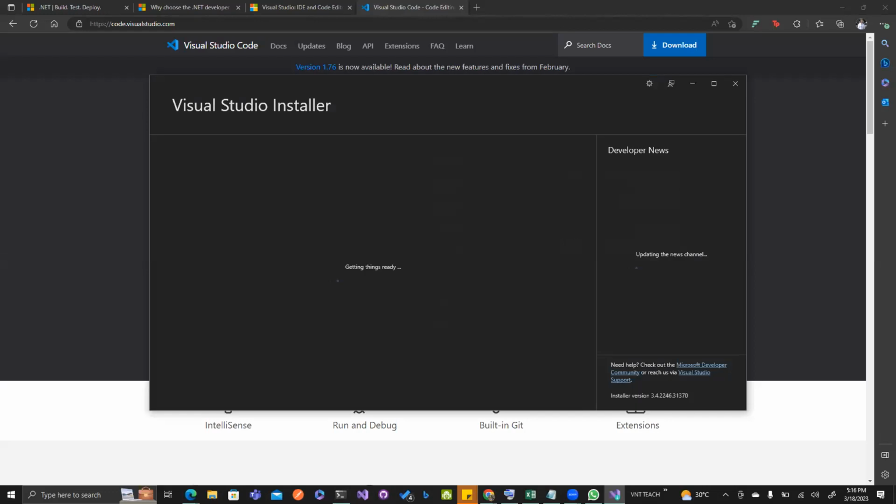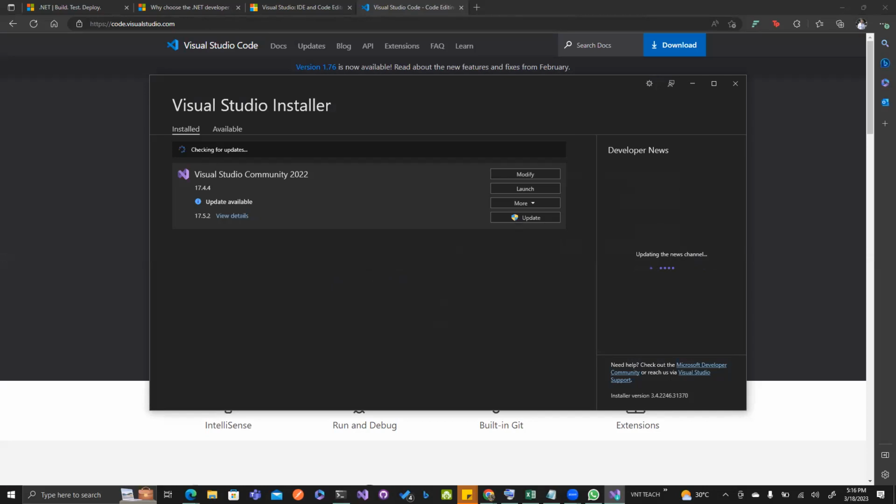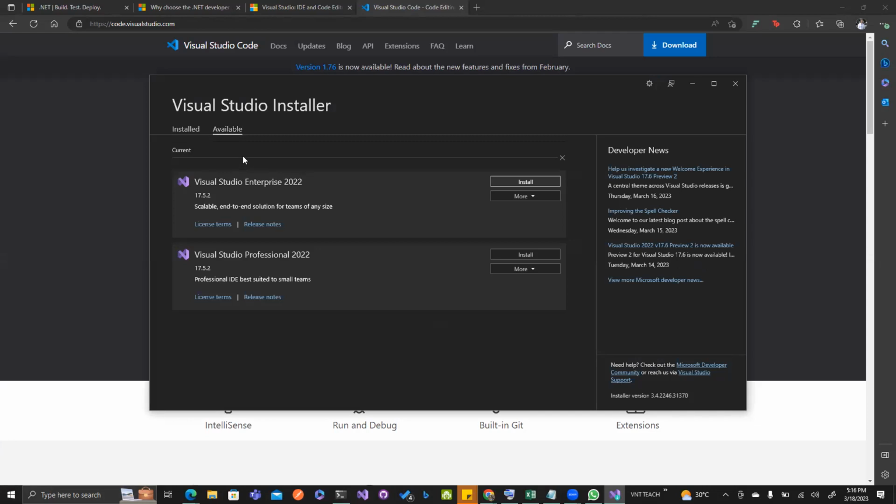When you get Visual Studio Code on your PC, you just follow the prompts and then you have it installed. Not so difficult. But Visual Studio comes with an installer. So the difference between both is that one is Visual Studio Code, the other is just Visual Studio, so don't get confused when I keep switching between both names, right? Like I said, it comes with an installer, and right now I already installed the Community Edition, but normally, if you don't have it installed, you just see the available ones and pick the one to install. I didn't install the Enterprise or Professional Edition.